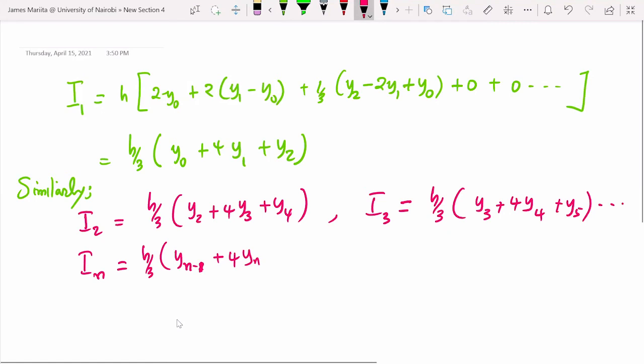I thought the reference was yn. So if you're working backwards, we'll be subtracting 1 from the same. Like if our reference is yn as the last one, then it will be y into n minus 2. Let's look at this one. h over 3, this is y naught. And then I2, that will be